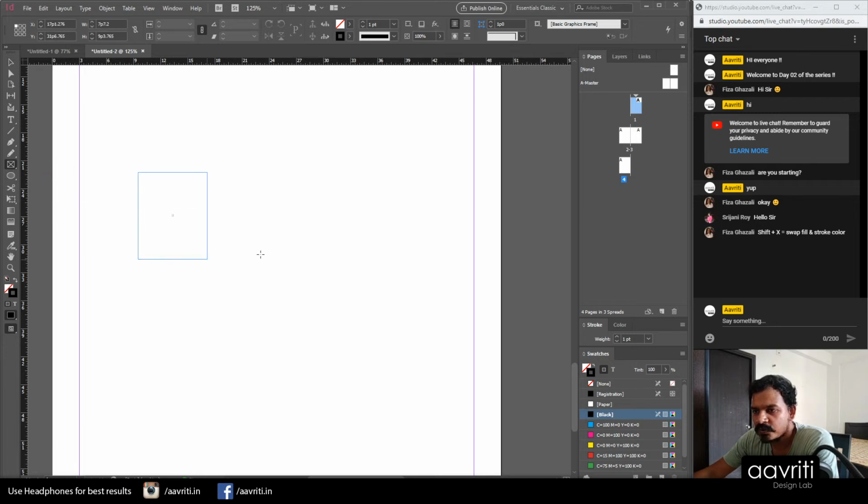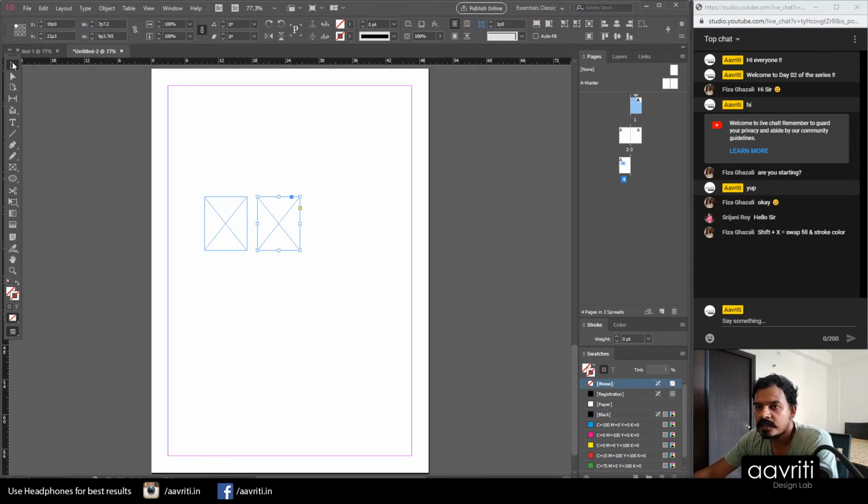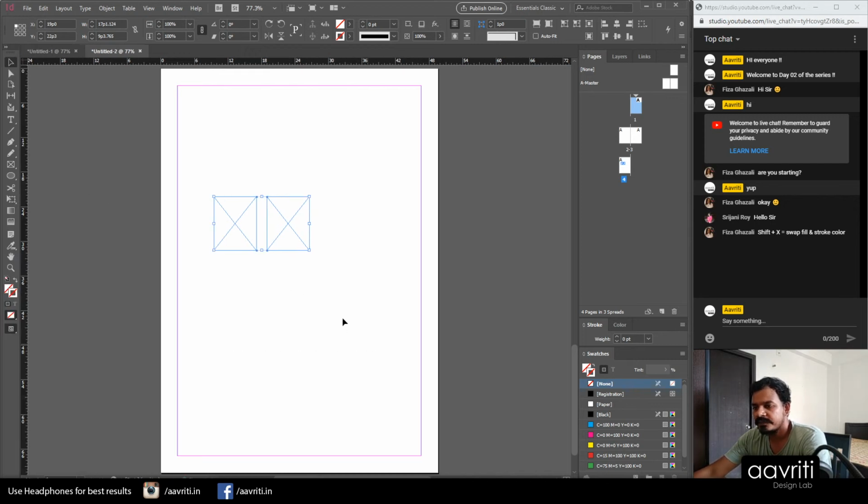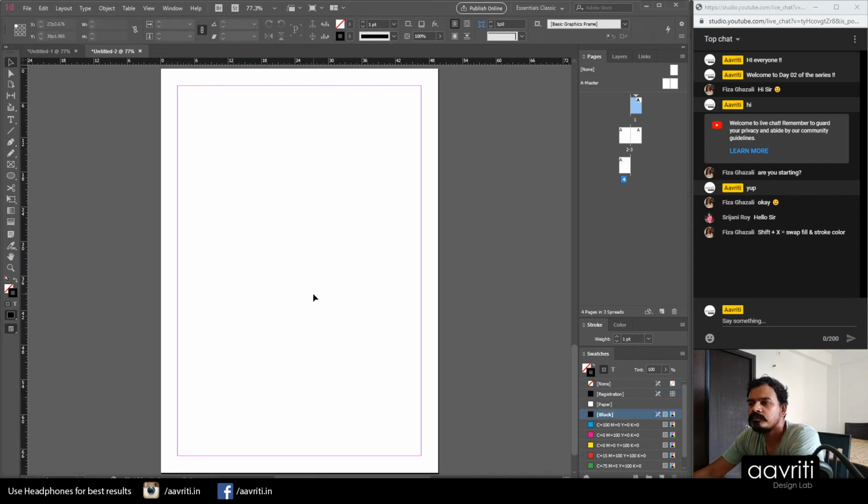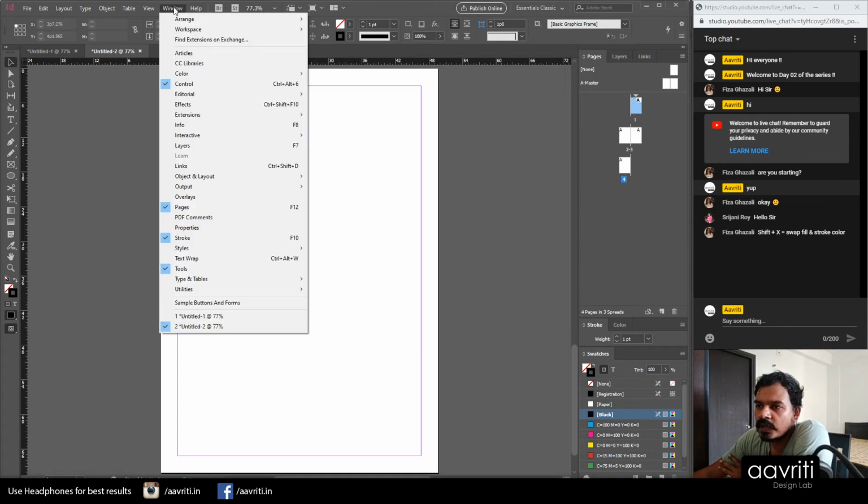Like, let's say that I am using a rectangle tool. See the things which keep on flickering on the screen. Now it tells me that the distances are equal width wise. So these things are smart guides. You can switch them off as well. I'm sorry, I just popped it out. Well, let's delete these. Okay, and then after that you have the Windows menu, and anything you miss out in